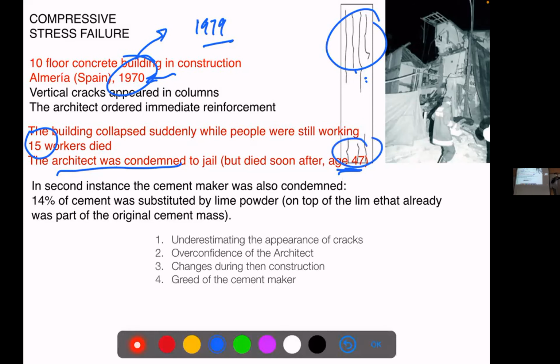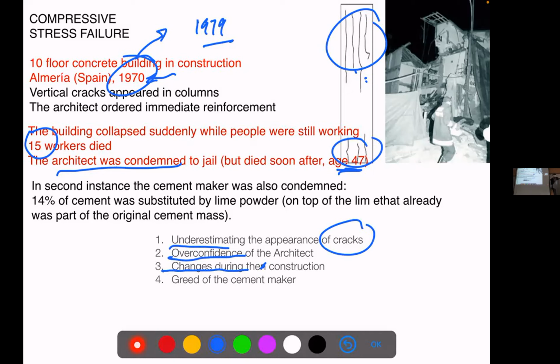So what were the problems? Underestimating the cracks, right? Especially by an expert. Overconfidence of the architect, right? Being an expert sometimes is not a good thing. Change during the construction. Changing the construction is always very tricky, because you make a project and you think about it, you develop it, you discuss, you take the best solution with time. During the construction, things come fast. What if we move this column and whatever? Okay, we can do it. And then that's a very good way to get trouble later.